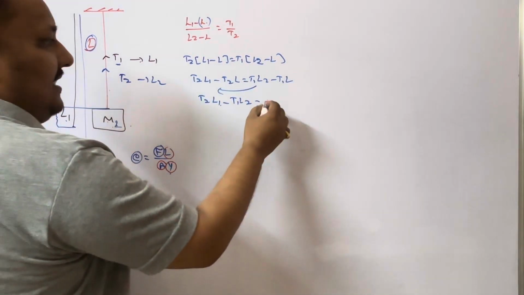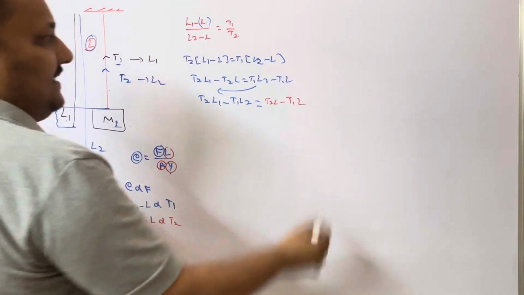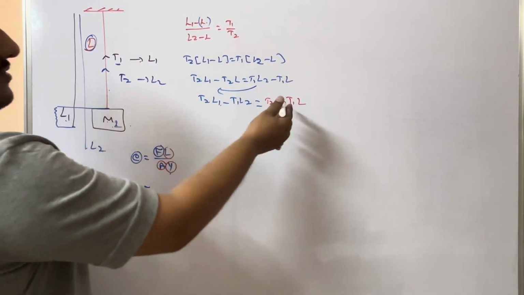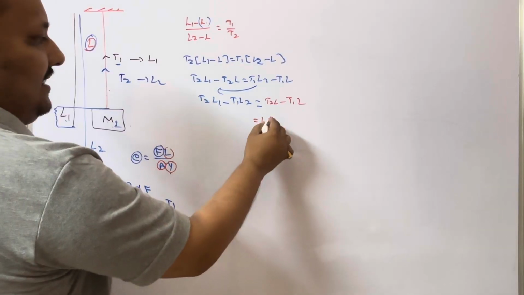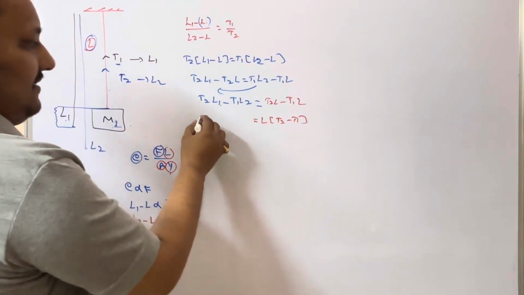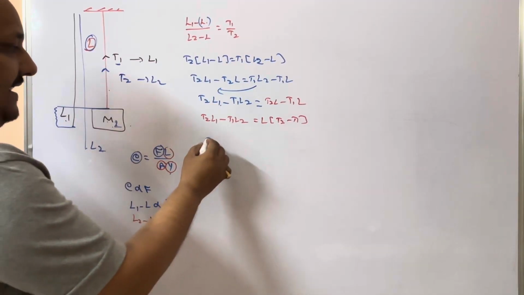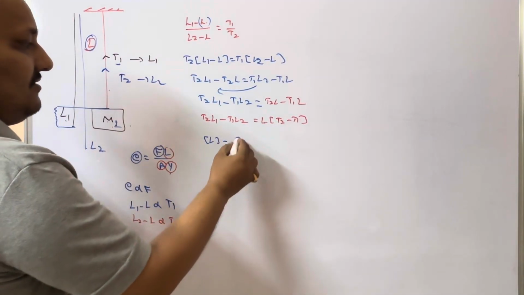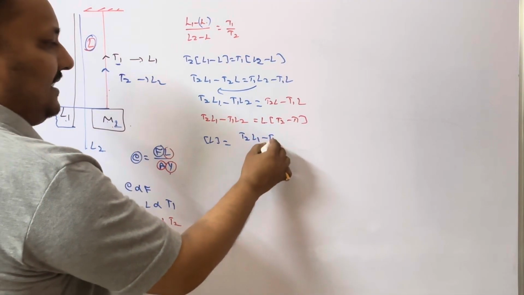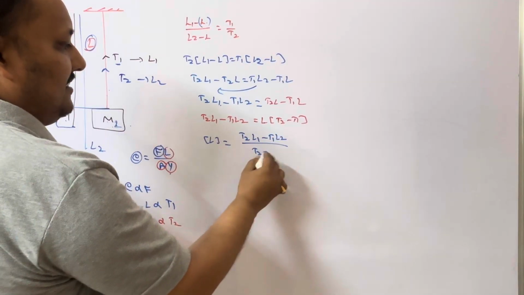Next, T2L minus T1L; if you take L common, L into T2 minus T1. Therefore, the original length of the wire is going to be (T2L1 minus T1L2) by (T2 minus